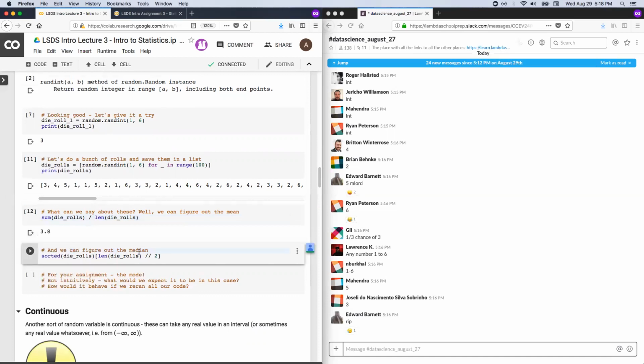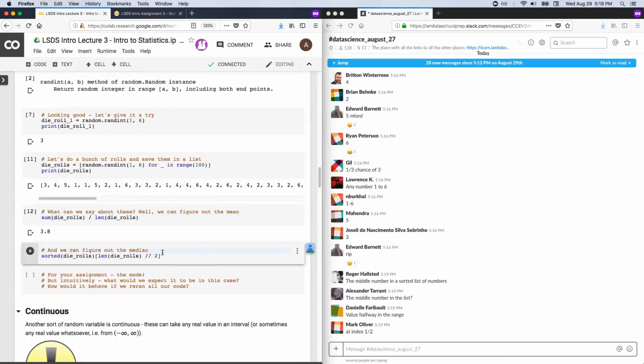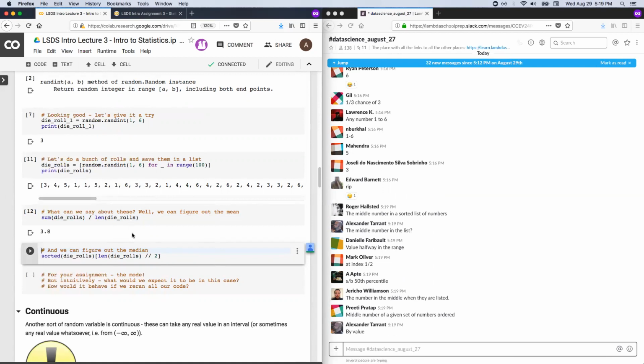Another thing we can do is we can figure out the median. So this might look a little bit intimidating, but let's break it down. Does anybody know what the median is? How do you intuitively define the median? Yep, the middle number, and exactly, you want to sort it, because if the list is in random order, the middle number is essentially random. That's useless. But if you put them in order, the middle number sort of tells you something about where the center of the distribution is.